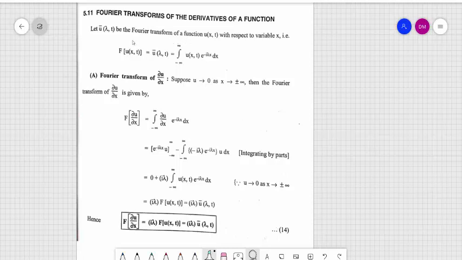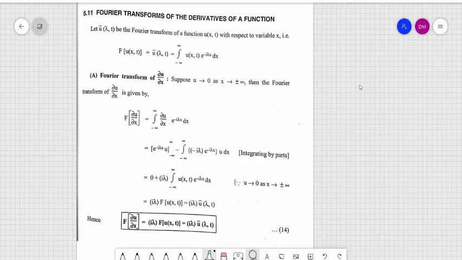And suppose u bar is a Fourier transform of u. U is a function of x and t. Obviously, then u bar will be a function of lambda and t, meaning x is converted in terms of lambda. Here t denotes the time. So this is the Fourier transform. U bar is the Fourier transform of the function u with respect to variable x, and it can be defined like this: F of u is equal to u bar, the integration from minus infinity to infinity of u into e raised to minus i lambda x dx.